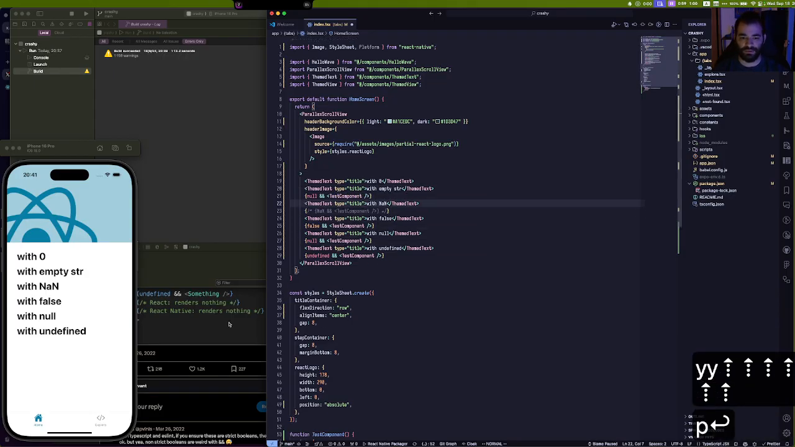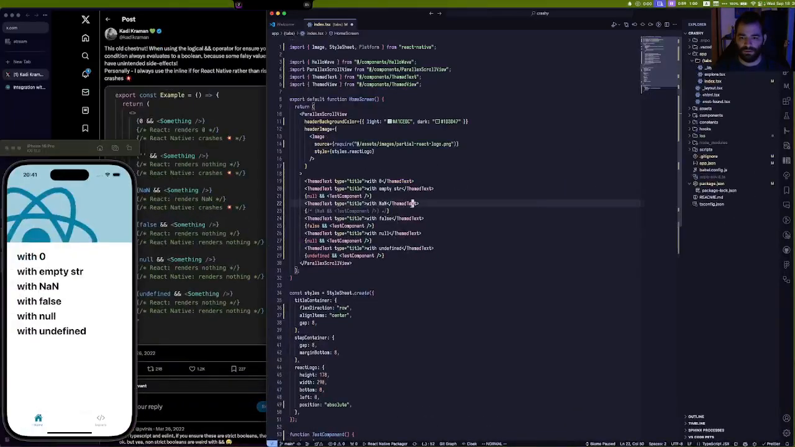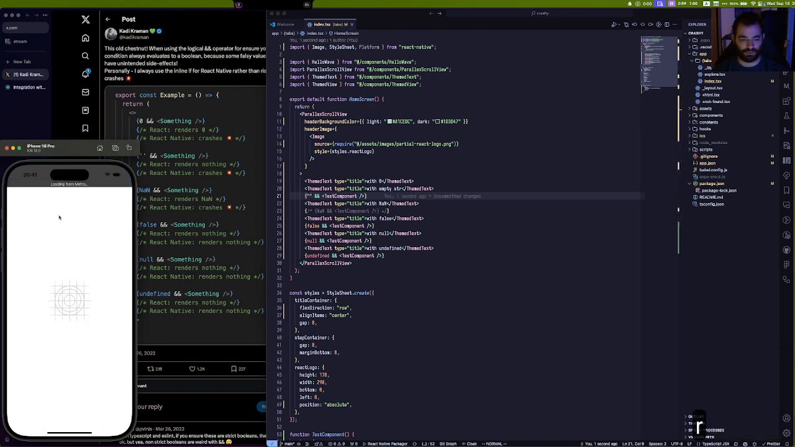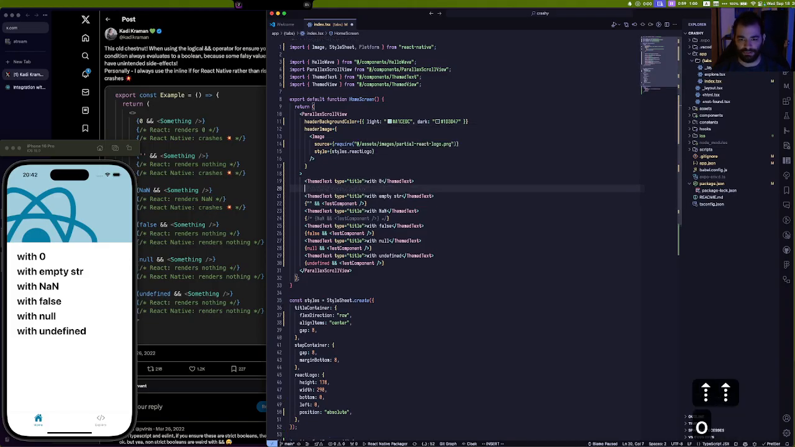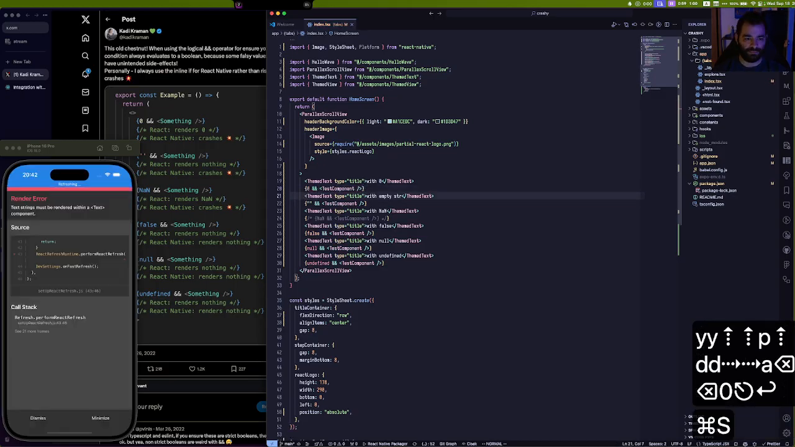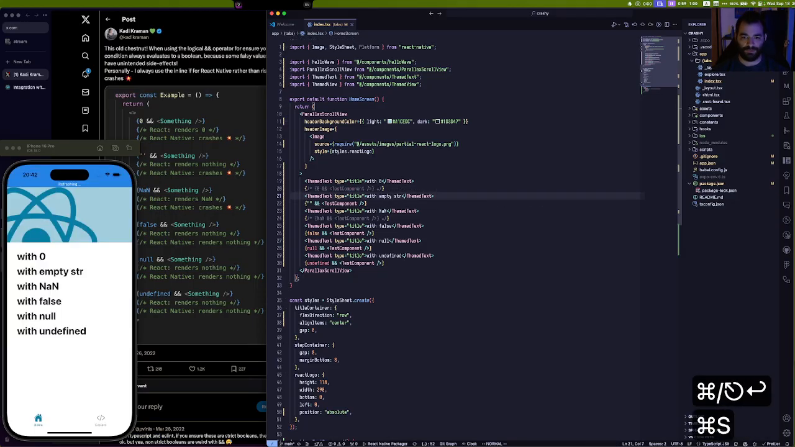So this is the next. Let's go back to here, I guess. So this we will do the empty string. Okay, that seems to be not crashing anymore. That's great. And then let's do one more. And this will be 0. And this is also crashing. Alright. So far, seems like